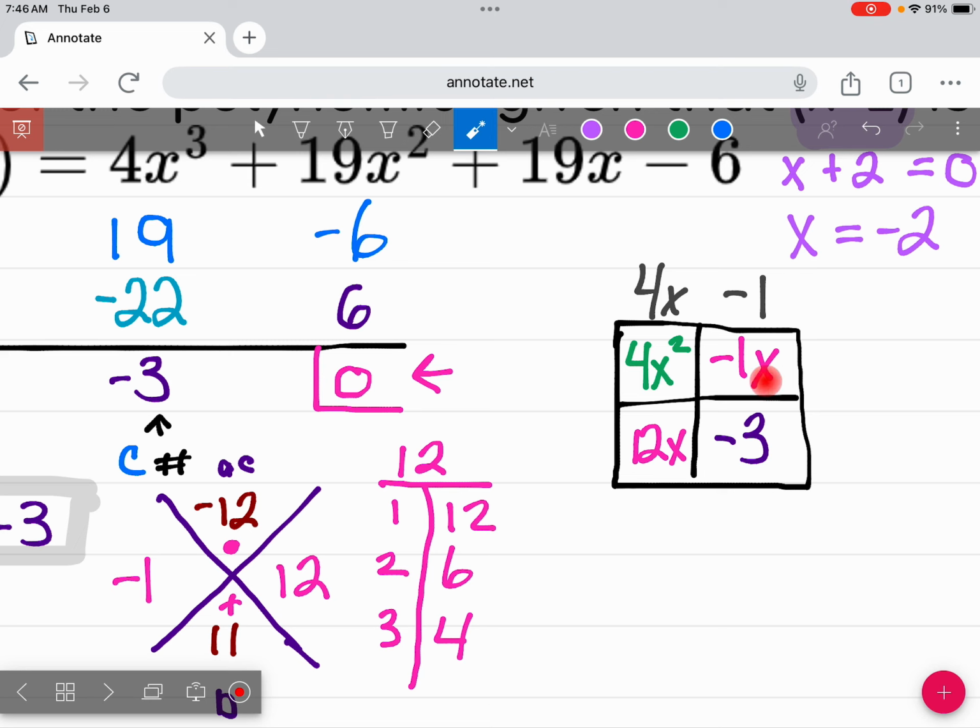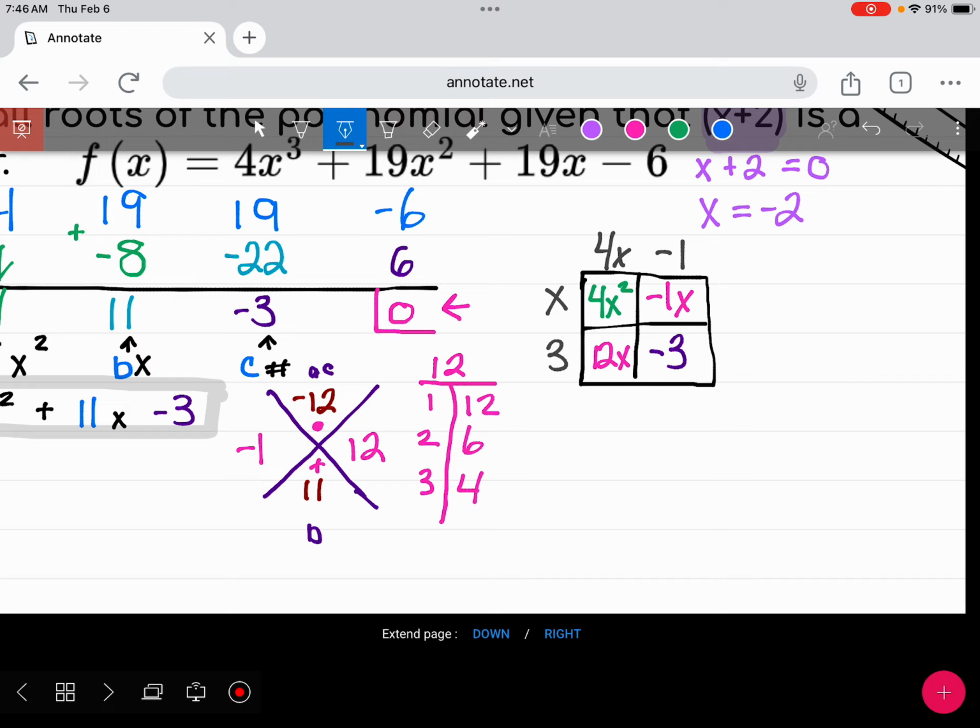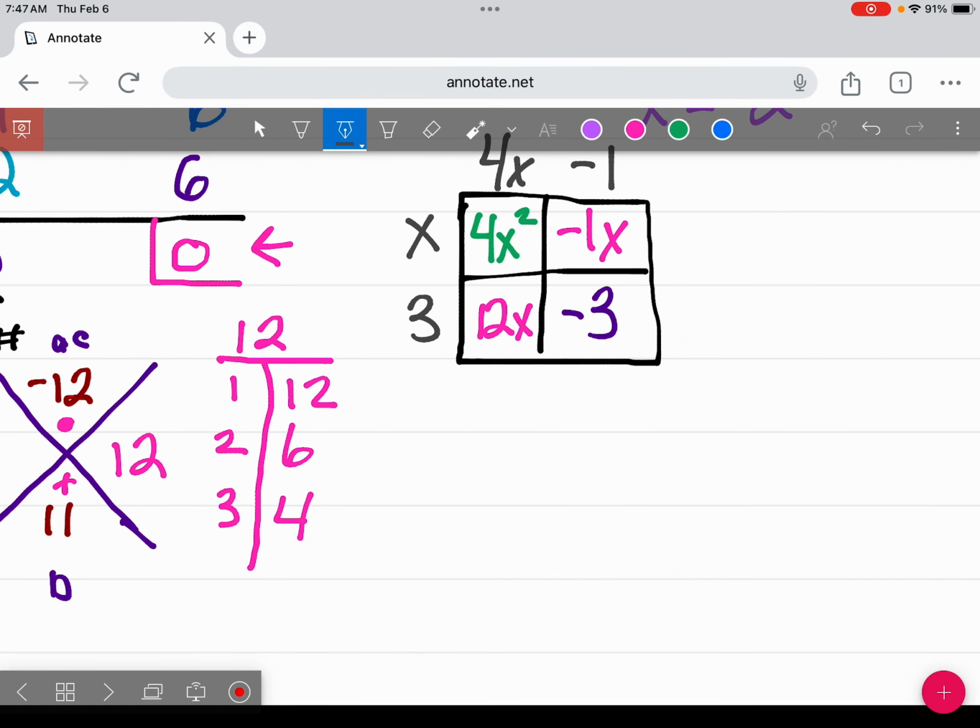So let's do our rows now. What's shared between 4x squared and minus 1x? X. An x, just an x. And how about our bottom row, 12x and minus 3? They have a 3. So my factored form of this quadratic is our 4x minus 1,